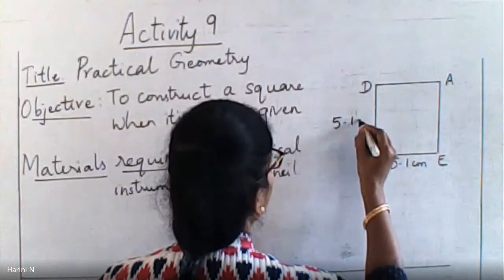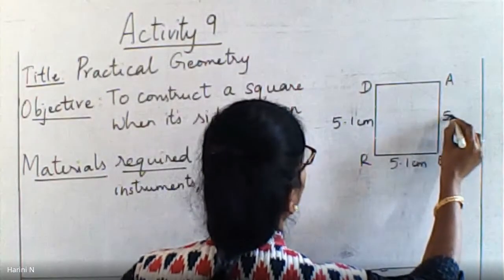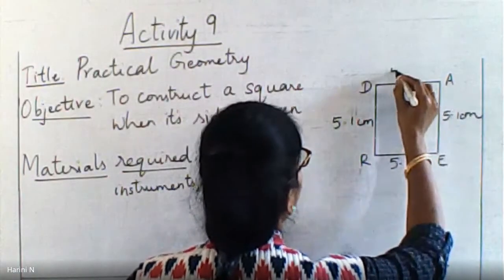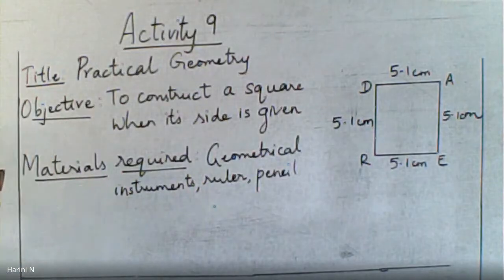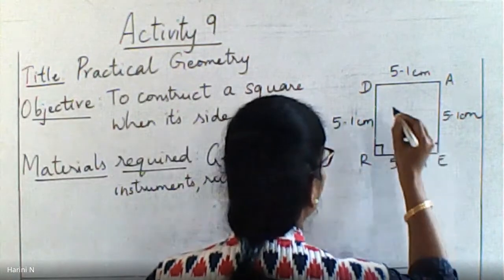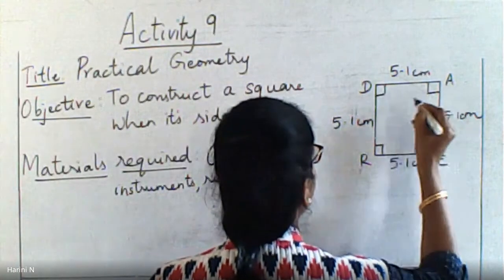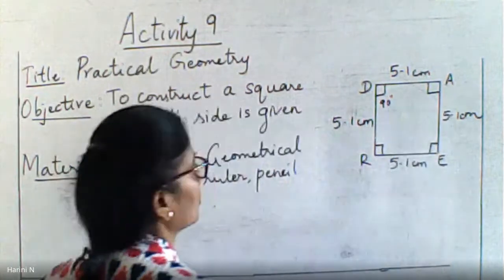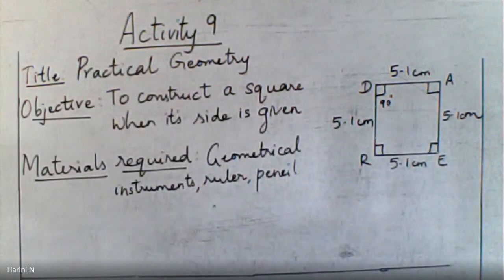Yes, ma'am. We can construct it because all the sides are equal. Given one side, all the sides in a square are equal. So it means that all the four sides are given to me, even when I say one side. And even the diagonals are also equal. The angles are also equal. The second property that we shall use is that all the angles in the square are equal to 90 degrees. So that is another property that I'm going to use in my construction.